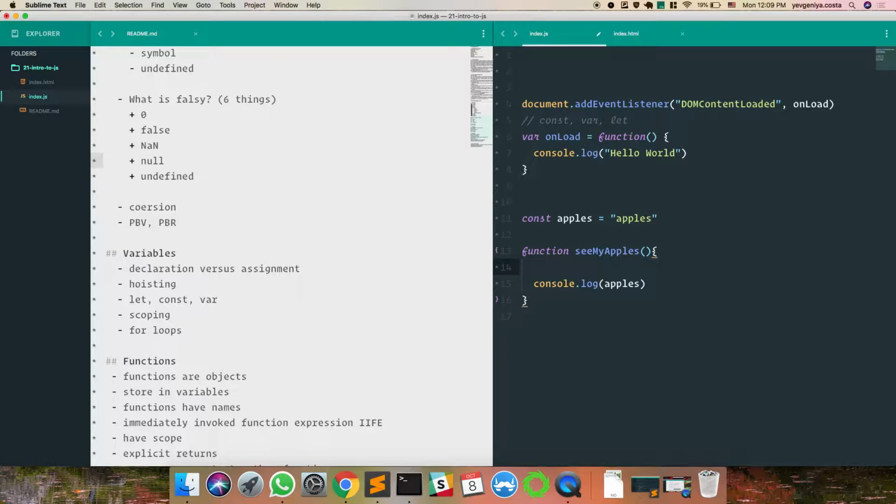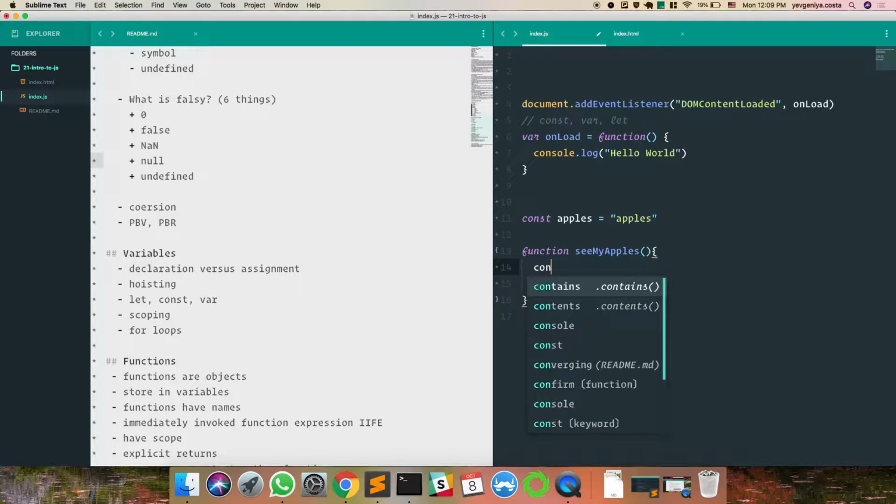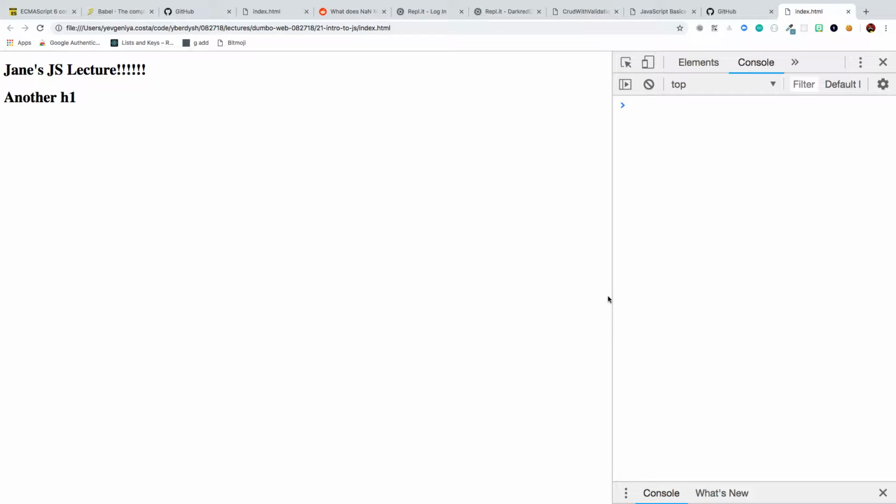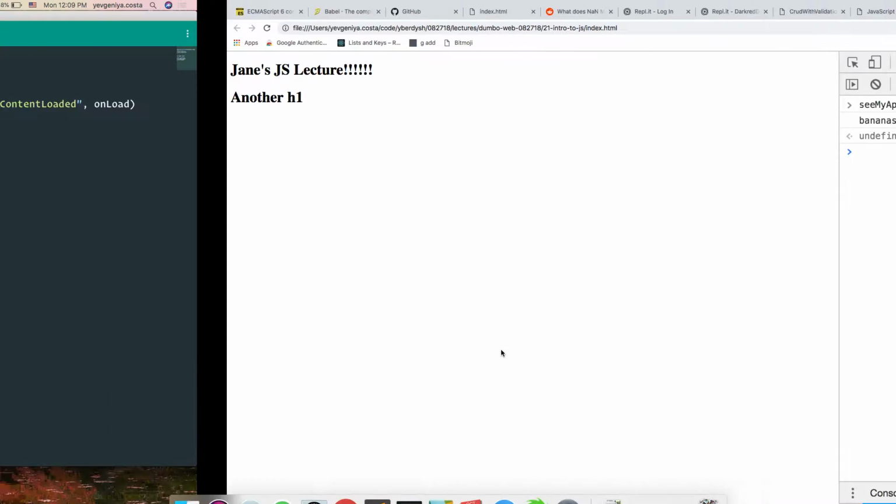So, what if we had an apples here inside this scope? And we set it equal to bananas. What would this console log? Why? Can you speak up? Because you set it to that string in the scope of the function? Yes.